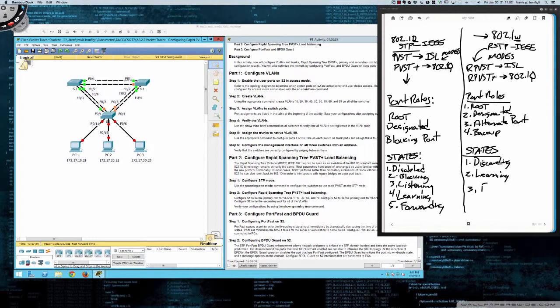And you have your forwarding, and that's it. Right? So those are the 3 states. Here are your 4 roles. And over here, with the legacy spanning tree, you've got 3 roles and 5 states. Right? So again, you should be using RPVST plus, or I should say rapid spanning tree protocol, if you're doing